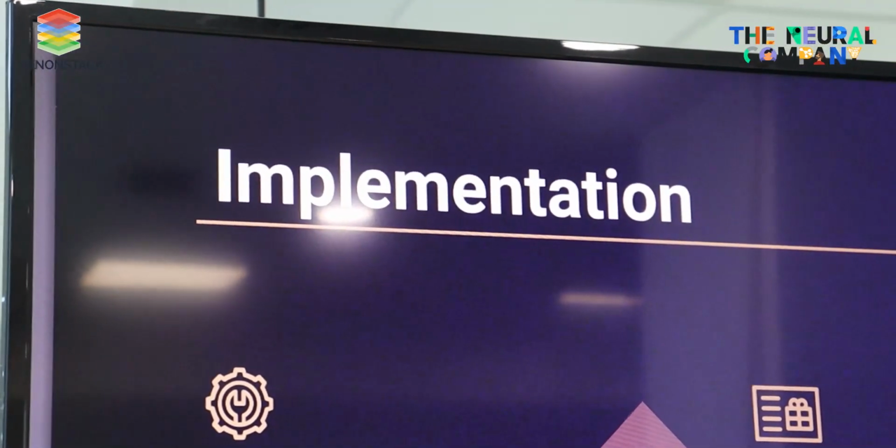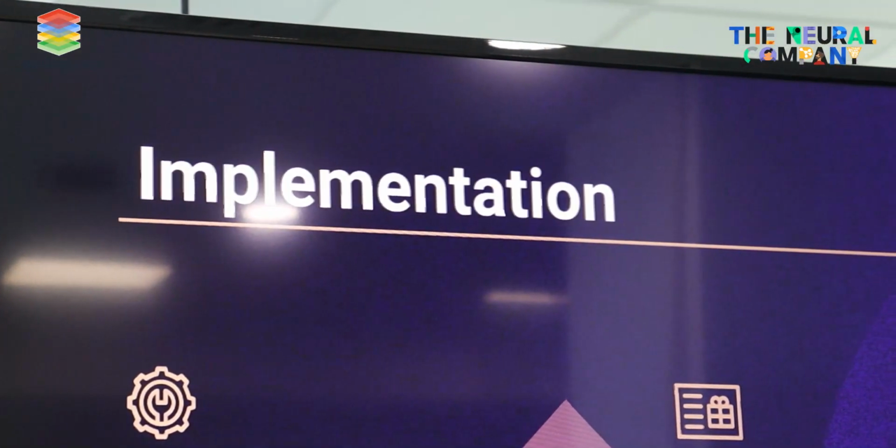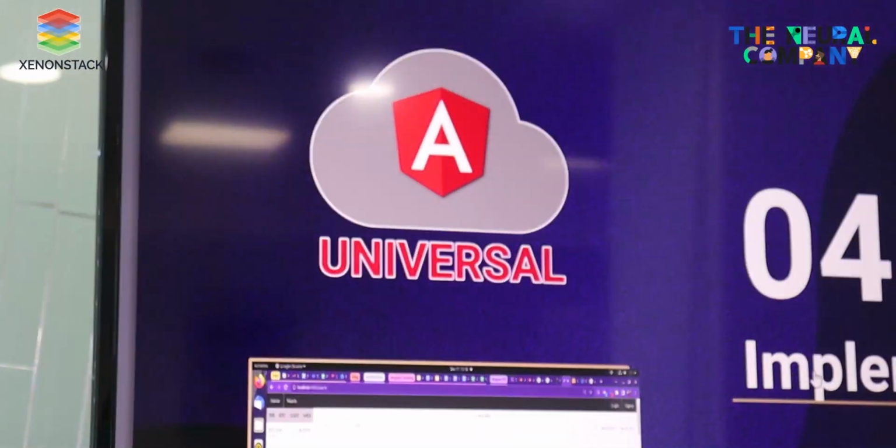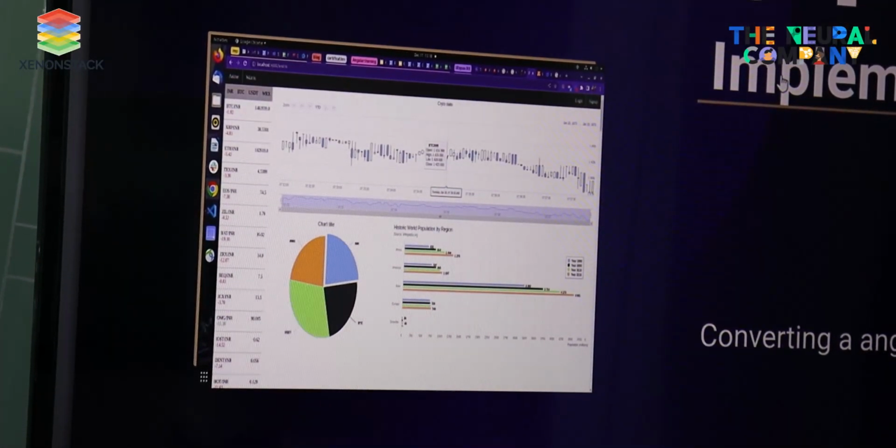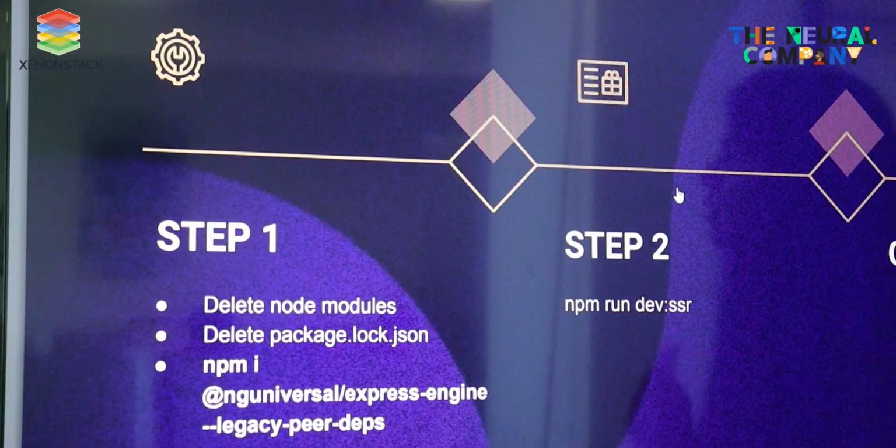I made a small application using Angular Universal to understand it, where I put some buttons where the user can interact with the web page as well, and added some visuals like graphs, so that we can understand whether it is working or not. Throughout the implementation I'm going to show you how we can convert a normal app to Angular Universal.